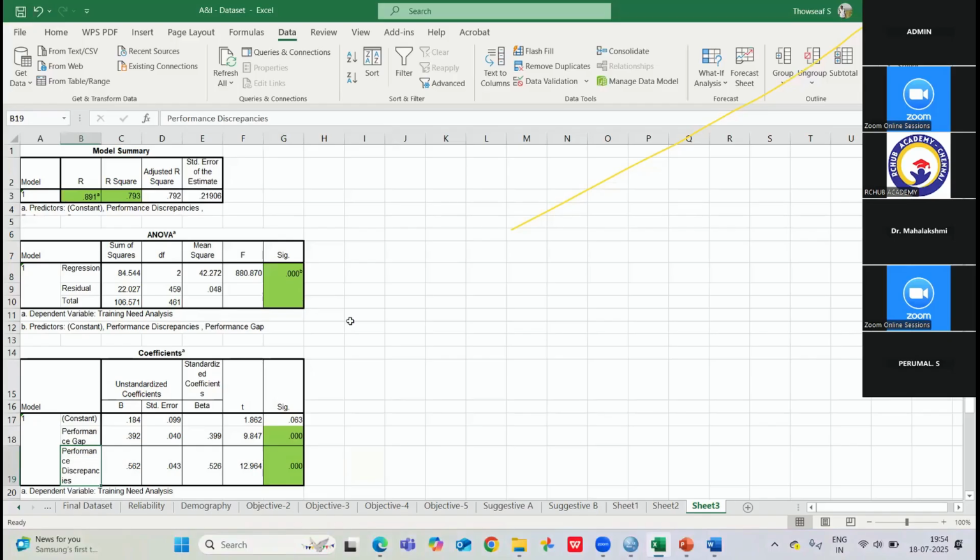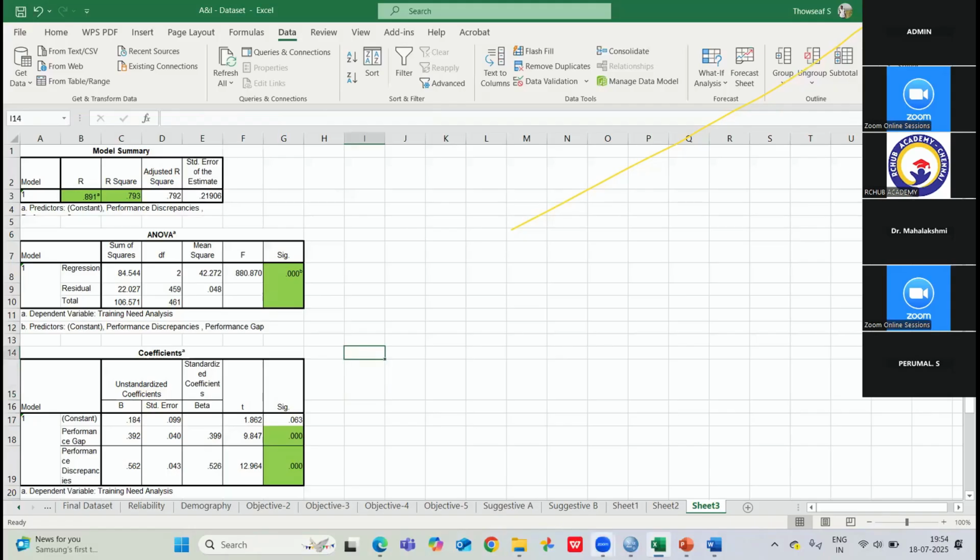So what is our hypothesis? There is no impact of performance discrepancies and performance gap on training need analysis. So what is our interpretation? Since both the coefficient significance values are less than 0.05, the performance gap and performance discrepancies impact the training need analysis. So this is how we have to write the interpretation. And you can also go for the y equal to a plus bx formula to predict. So in order to predict that,